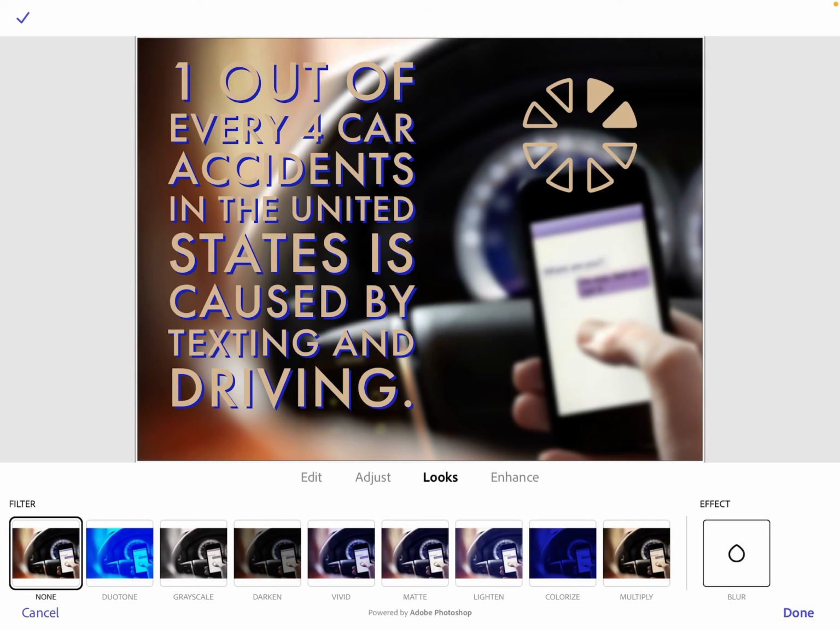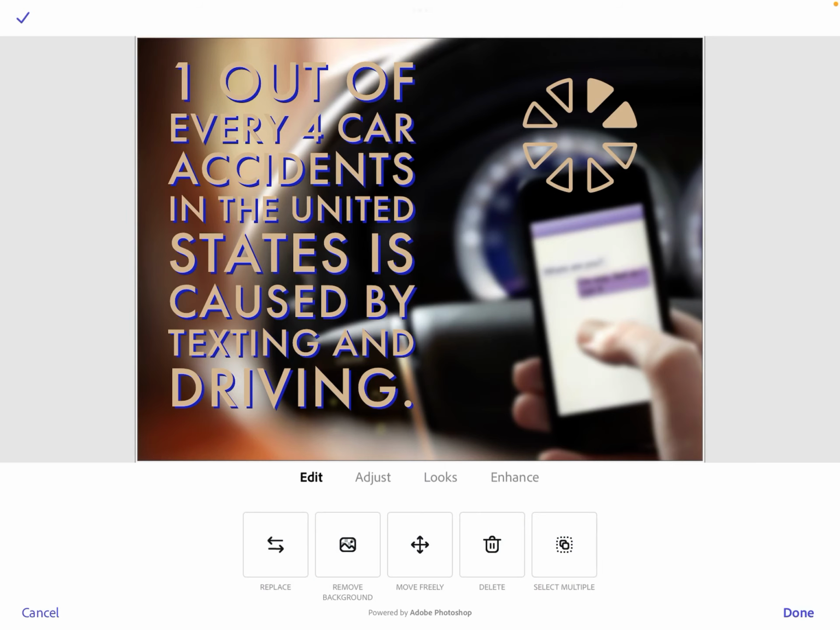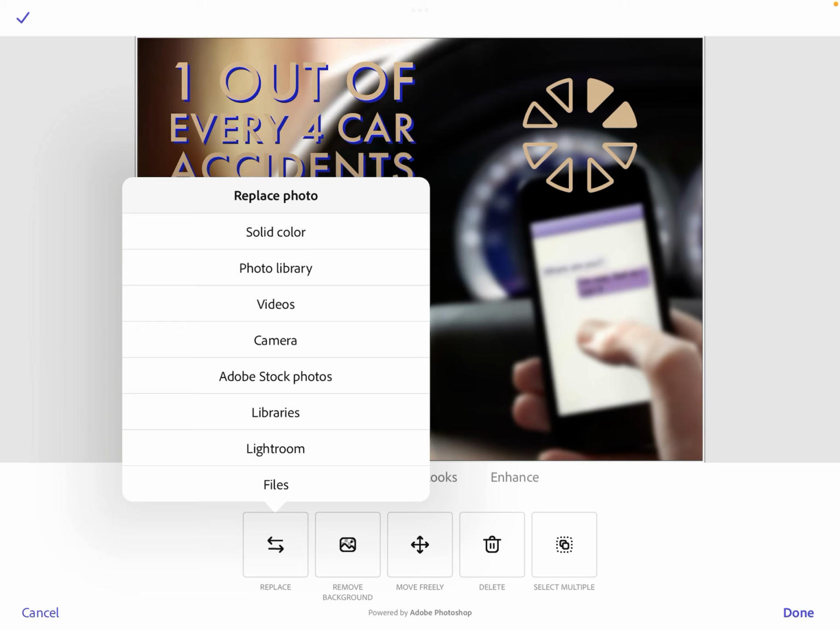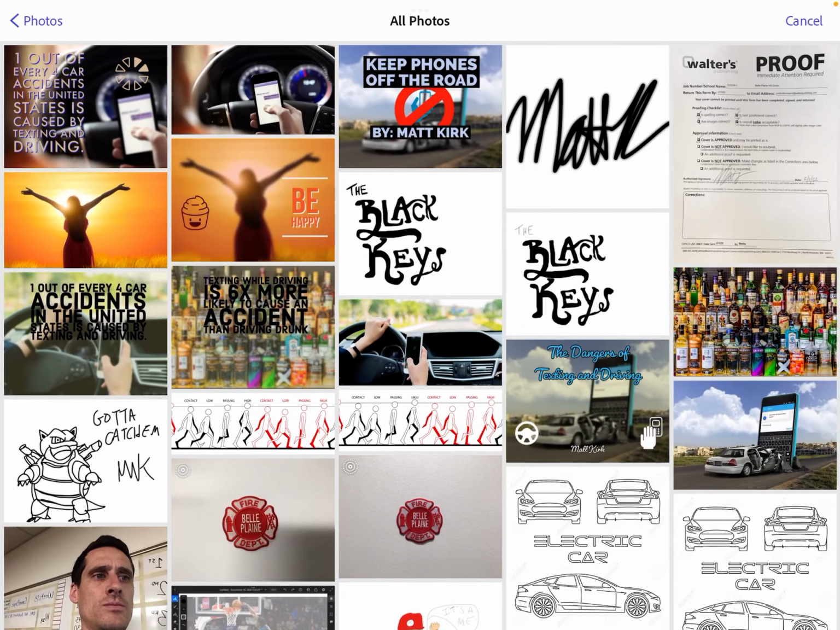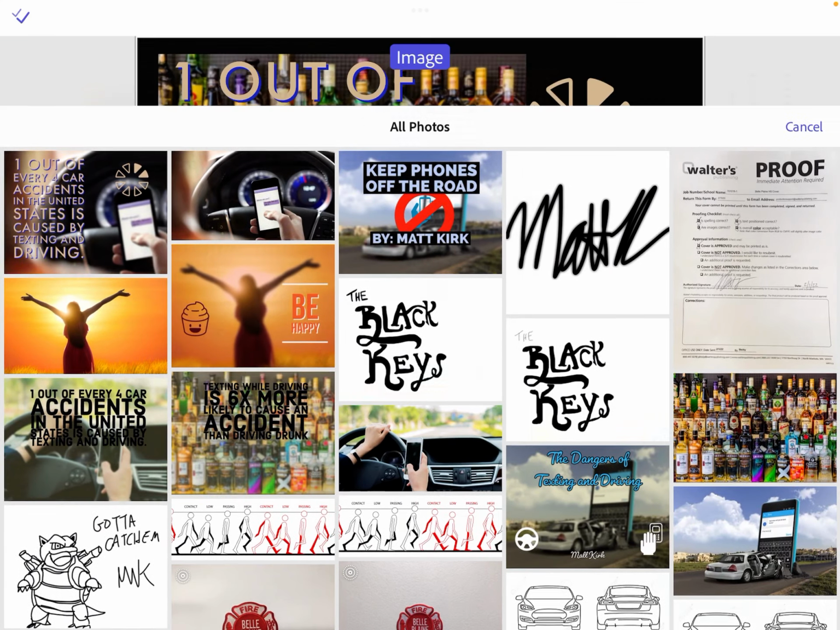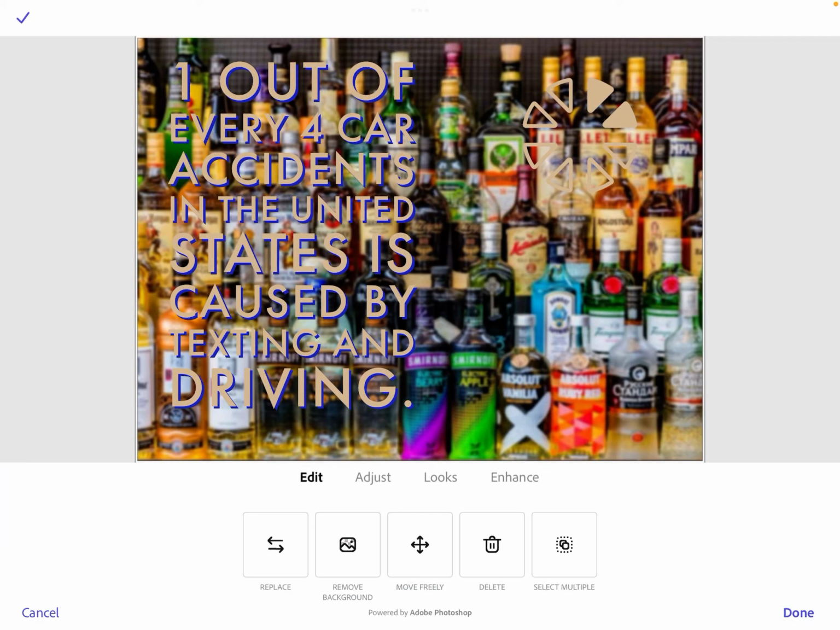worked in reverse here, and if I go back to my background image by tapping it, I can go into edit and I could say replace this photo with something from my photo library. And here are some liquor bottles I had found off of Google. And again, that's a bit much for a background. I can barely read